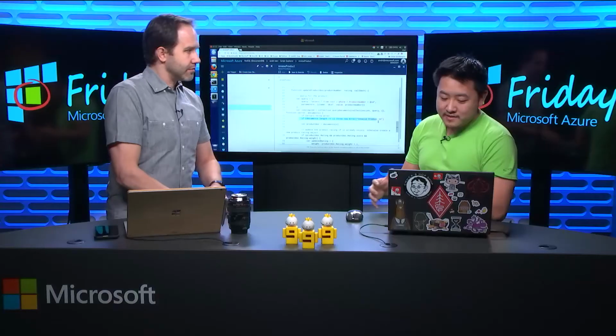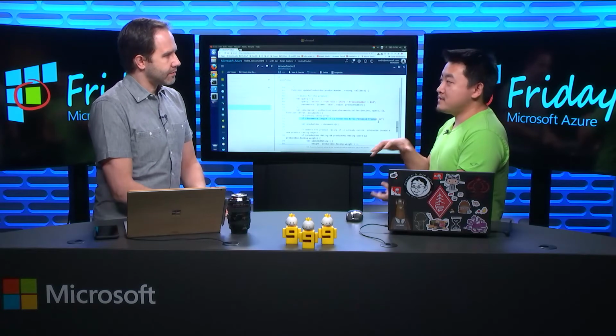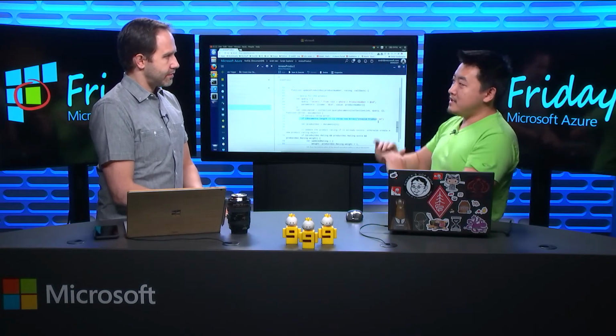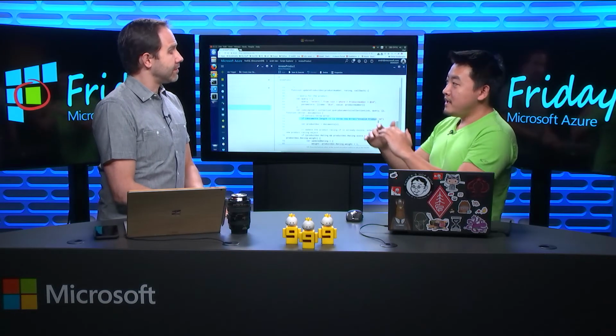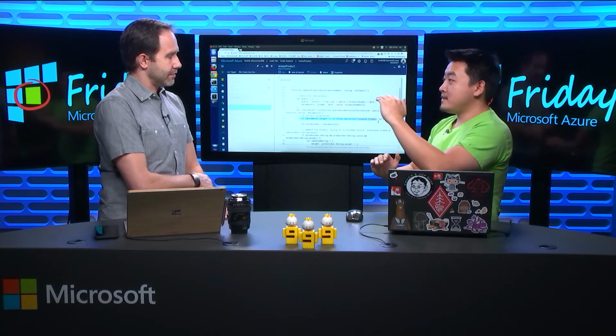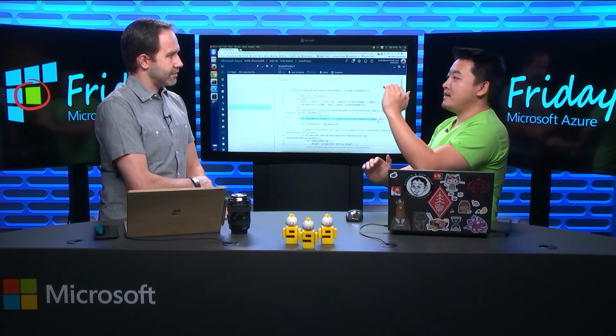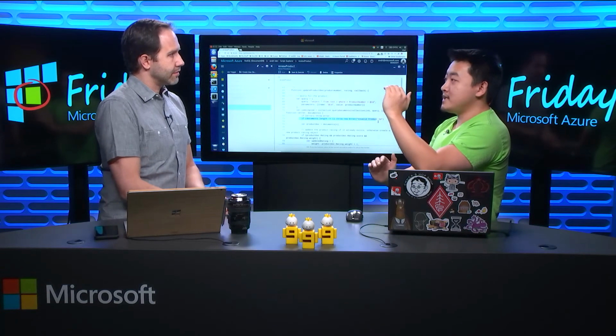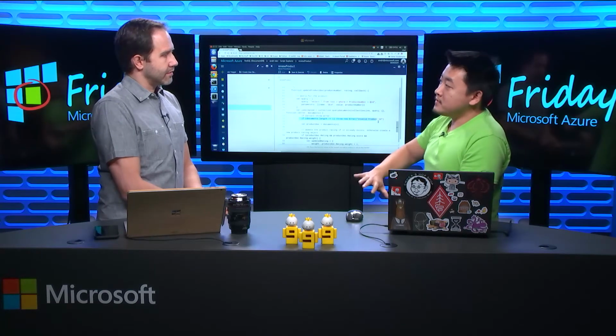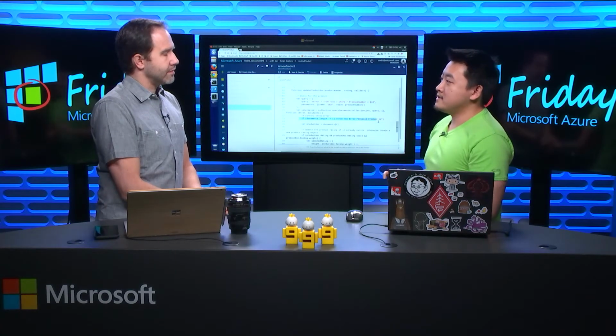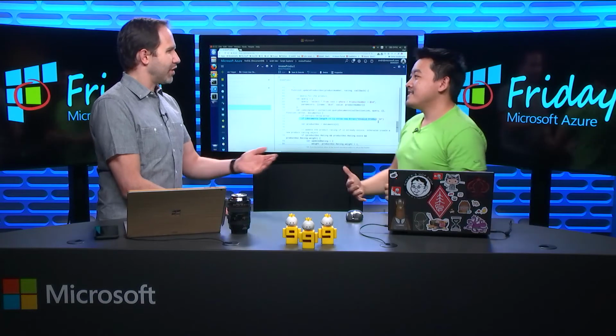That's correct. So at the beginning of the execution of the stored procedure, we actually take a snapshot of your database, and then when it completes, if you don't want to fail it or roll it back, you don't throw an exception, and we apply all of those mutations all at once at the end of the execution. So that's the equivalent to a commit. Very cool.